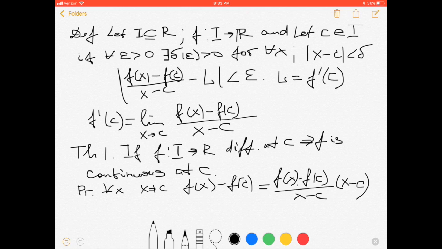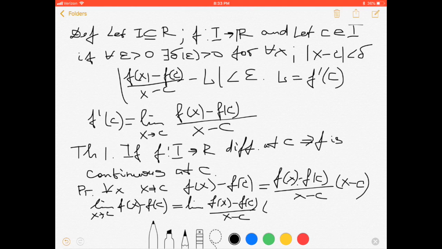Because we have this equation, take the limit of both sides as x approaches c. The limit of f(x) minus f(c) will be the limit of this fraction. Because the limit of a product equals the product of the limits, we can rewrite